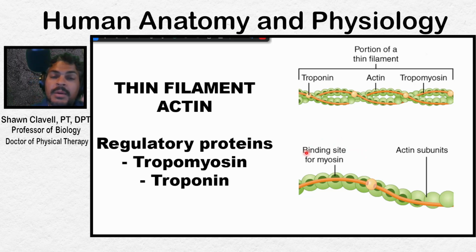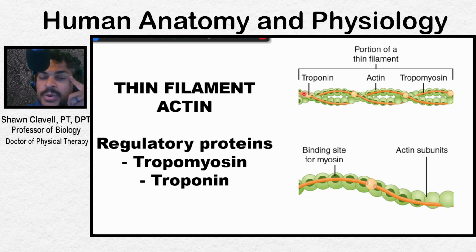The binding site for actin, which is on myosin, is always going to be open because it's located on that club-like head. The binding site for myosin, located on actin, is hidden by a long strand of proteins named tropomyosin. Then you have